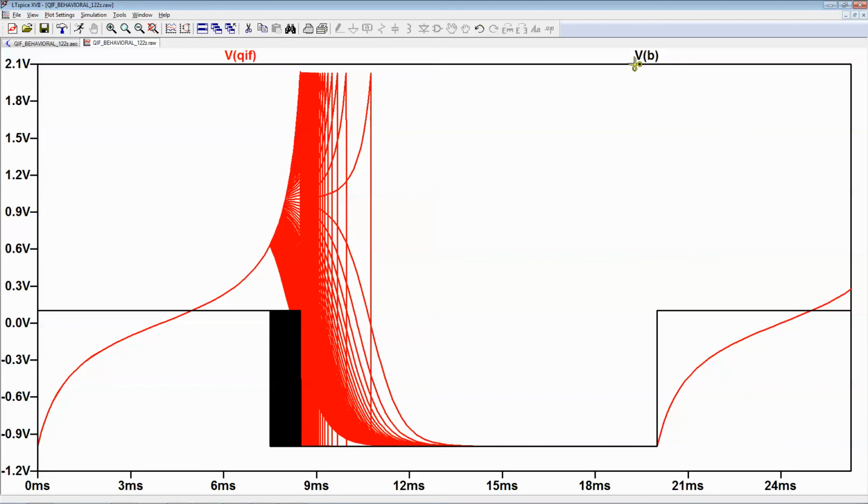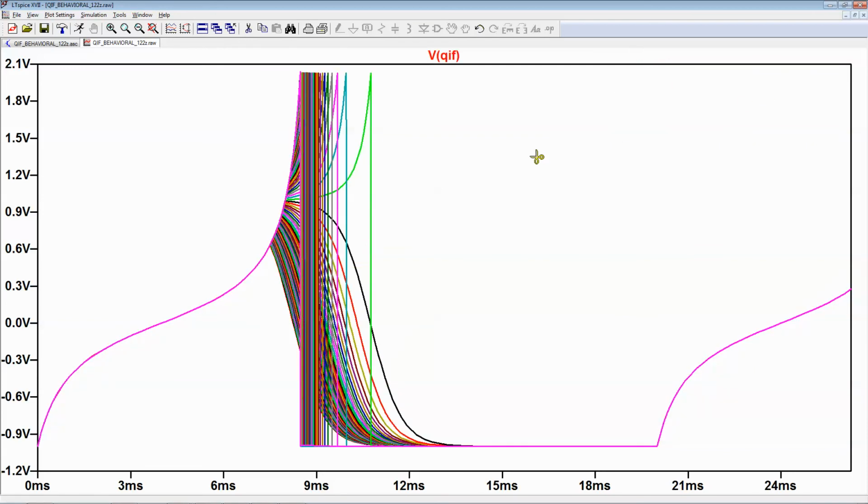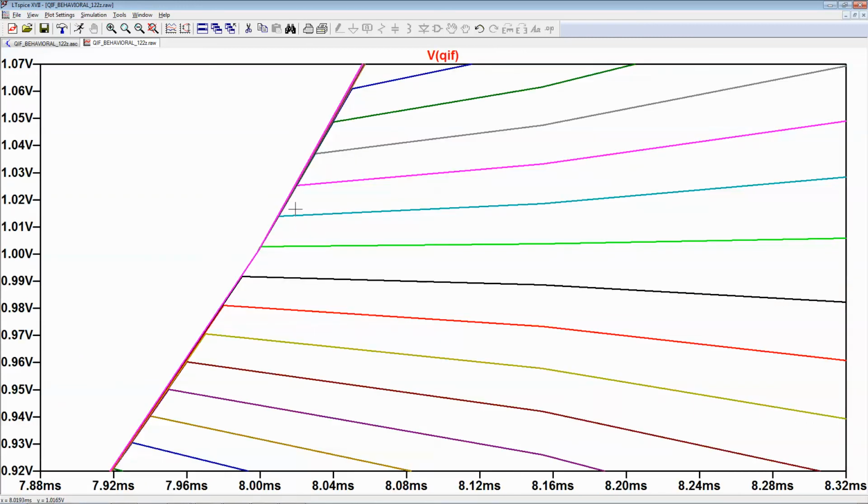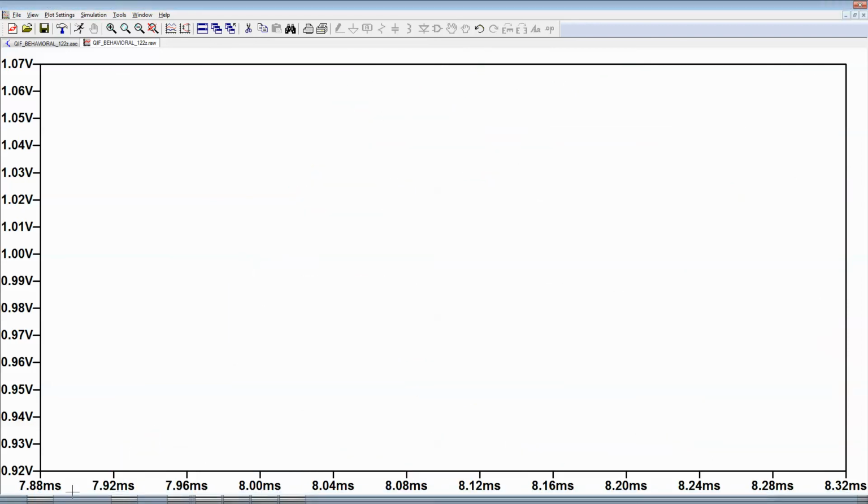Now we can zoom in on that data to get a better idea. And that's a lot of colors to figure out. But let's just zoom in on right where the slope goes from negative to positive, because that's the interesting point. So the green here is slightly positive, the black is slightly negative, and so the switching threshold will really be in between there. So I'm just going to put it halfway, and if you look at the,